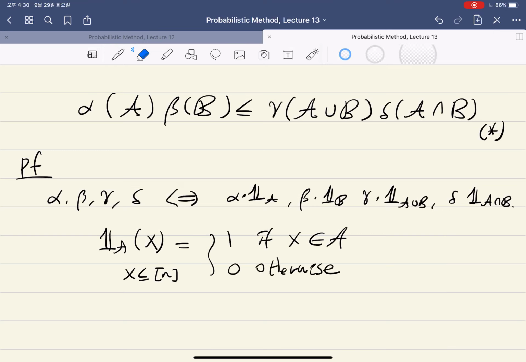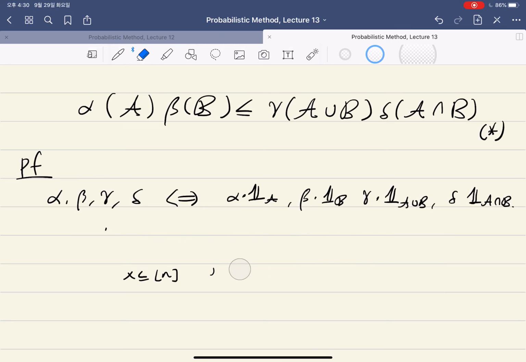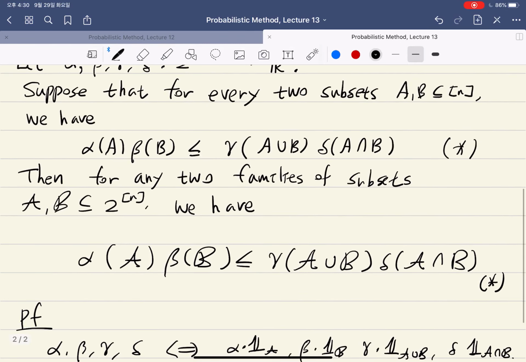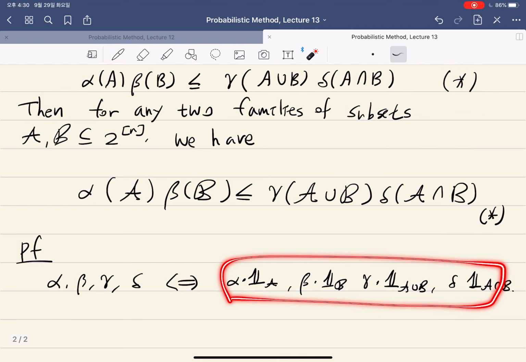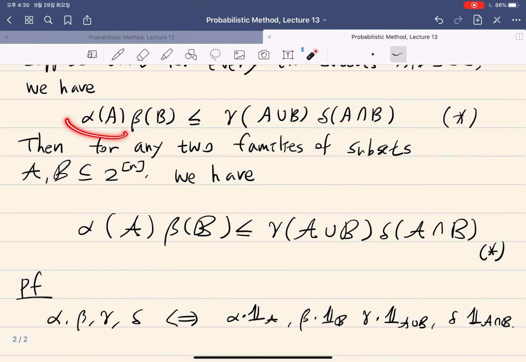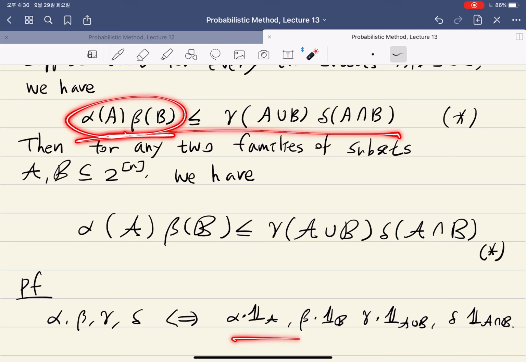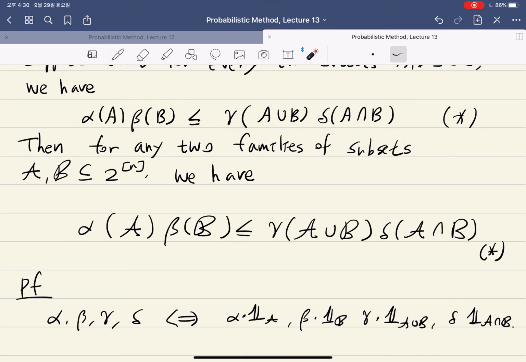So this is an indicator function. We consider these functions instead. Then what happened? This relation still holds with this new function, because if we have a 0 on the left hand side, then the inequality holds because these are non-negative functions. But if we have 0 on the right hand side,